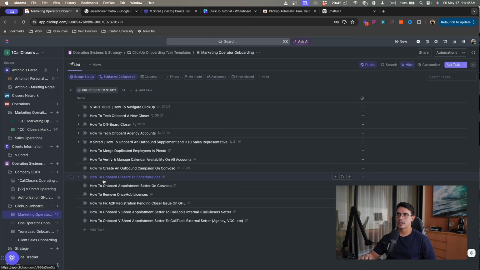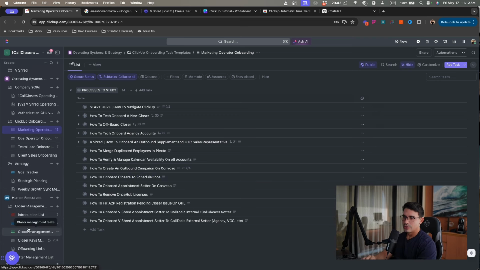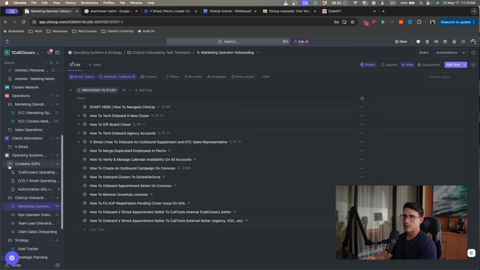So imagine how easy it is to onboard new employees when you have everything organized. These are the use cases of lists: lists can be used to create tasks, to manage requests, to onboard new reps and new members of your team. So this is just an overview on how to use it, and now I really want to cover spaces, folders, and lists, and how I would organize the workspace.